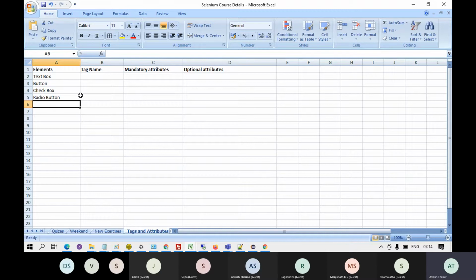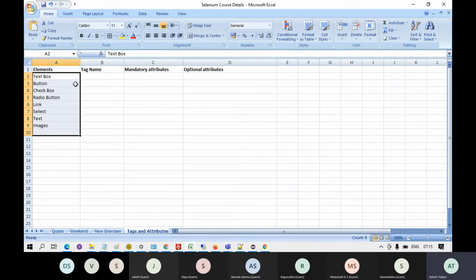You have links on the web page, a select box, and regular text, the normal text which you write. You have images. Generally these are the elements which are visible to us and we interact with them.